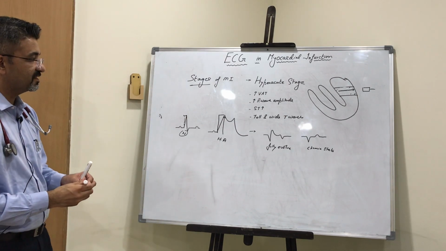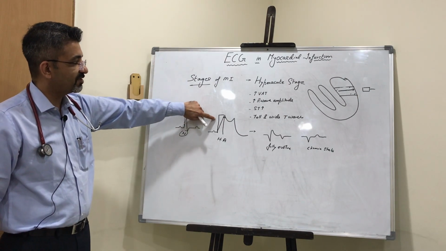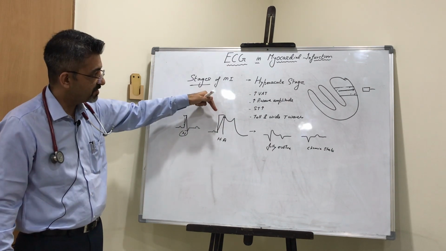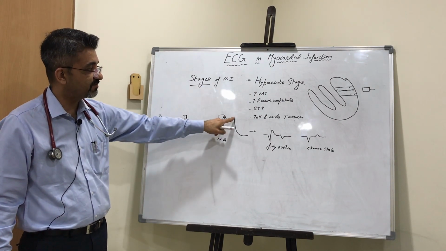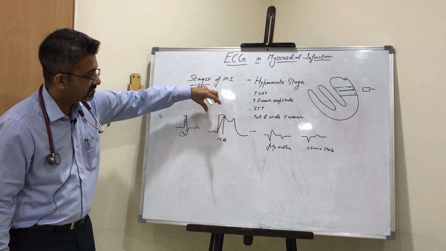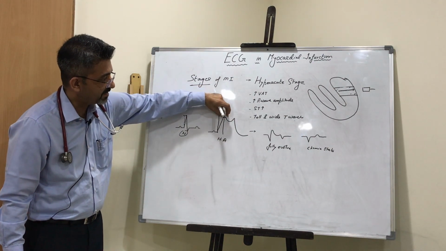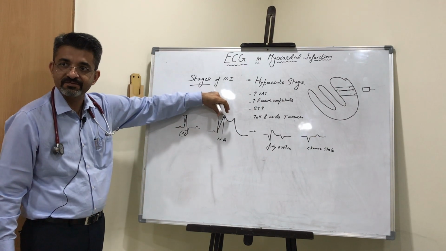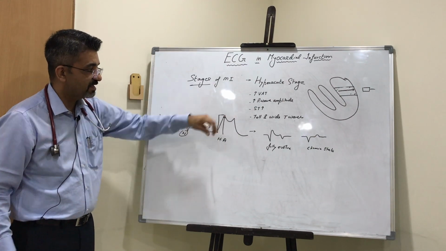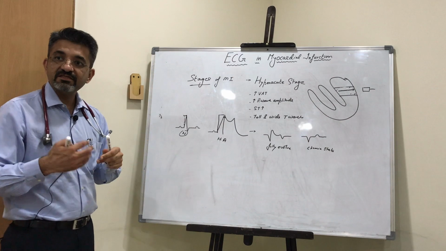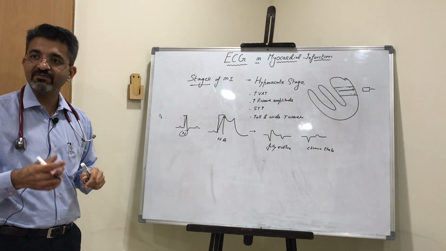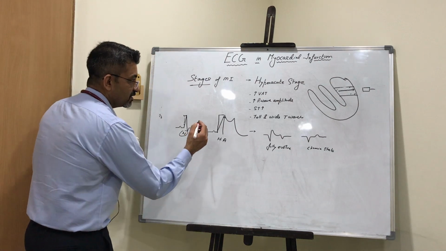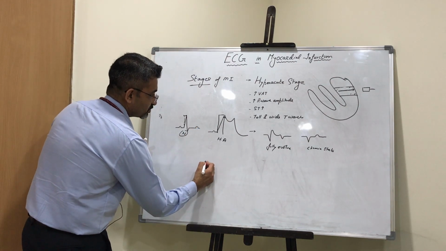So what is happening is, initially we have increased ventricular activation time, R wave amplitude which is increasing, ST elevation, and the T wave is also elevated. This is one complex of ST, T and R. Sometimes if the intensity of MI is too high, you have a bigger blockage, or there is a bad MI,